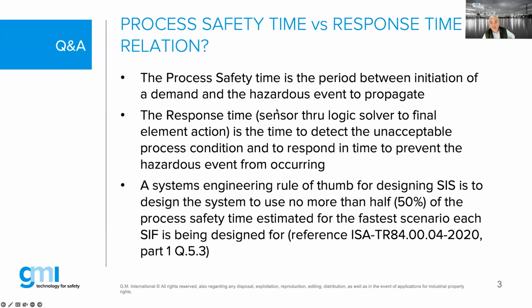So process safety time is the period between the initiation of the demand and the hazard event to propagate. That's the process safety time. That means your process specialist or the process dynamics will teach us how much time we get from the moment we can initiate a demand to the moment the hazard event will start to happen. So my response time, as already explained, comes from the delay in my sensor, the delay of my interface,